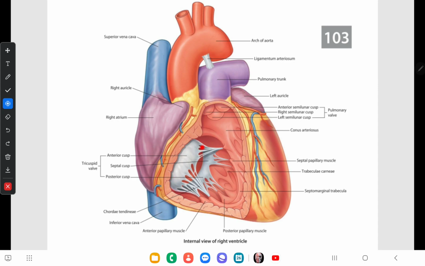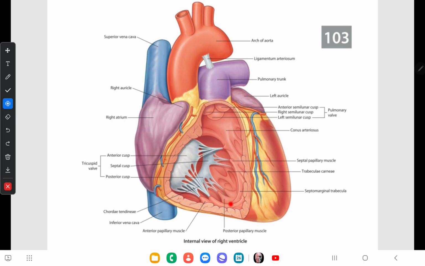Then this is the tricuspid valve. It has an anterior cusp, a septal cusp and a posterior cusp. There is a clinical importance of these papillary muscles, chordae tendineae, and the cusps of the tricuspid valve. If there is a myocardial infarction or myocardial necrosis, then these papillary muscles may not function. So then the corresponding cusp of the tricuspid valve may bulge into the right atrium during systole of